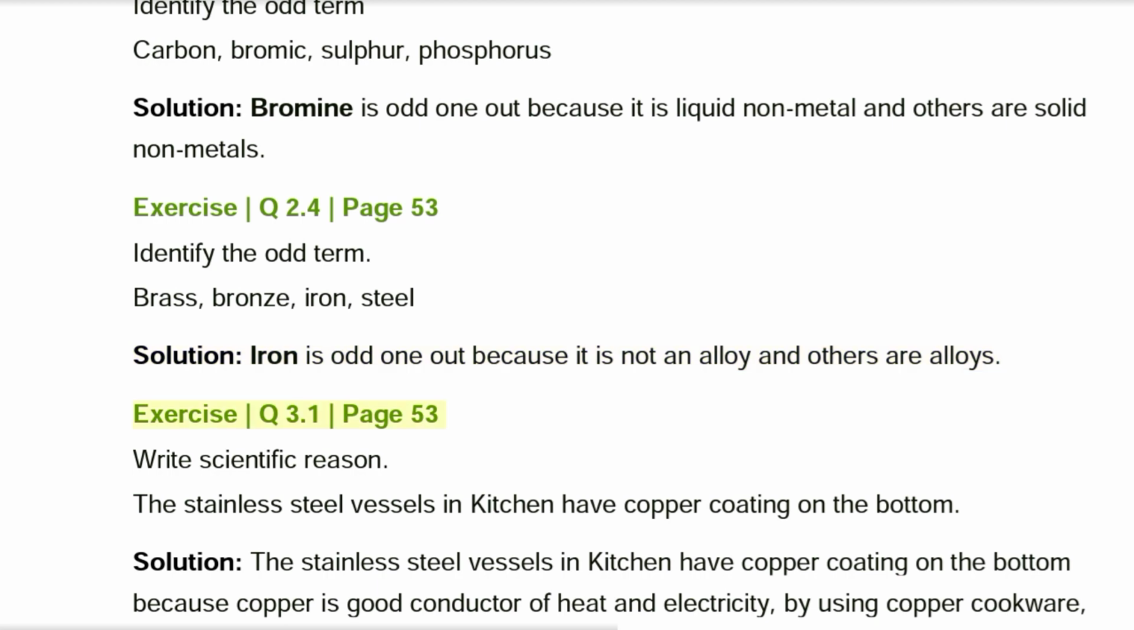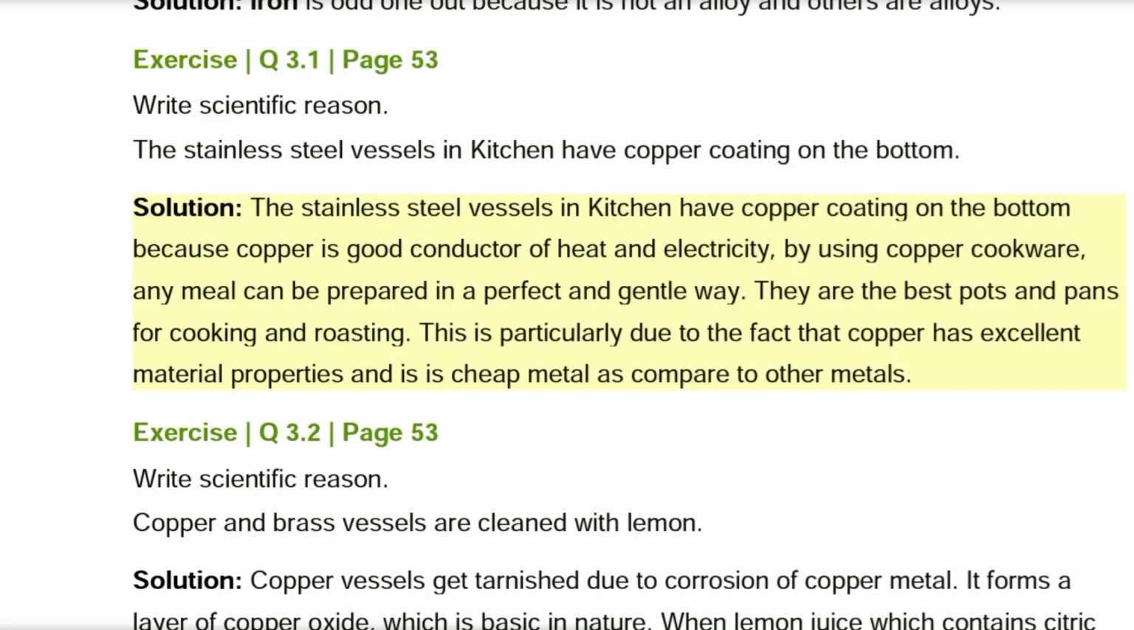Exercise Q3.1, page 53. Write scientific reason. The stainless steel vessels in kitchen have copper coating on the bottom. Solution. The stainless steel vessels in kitchen have copper coating on the bottom because copper is a good conductor of heat